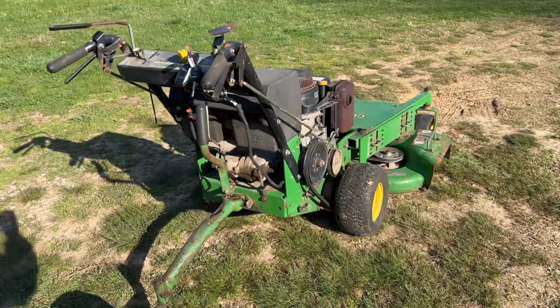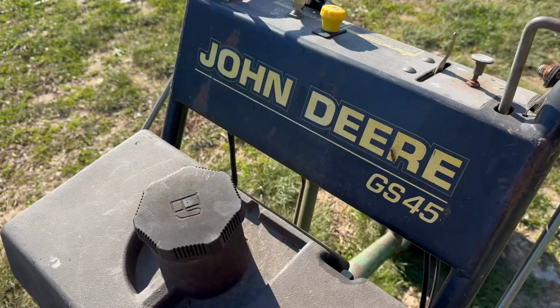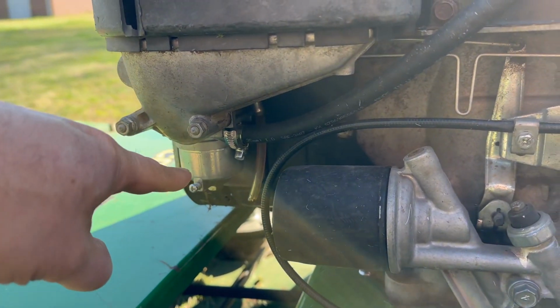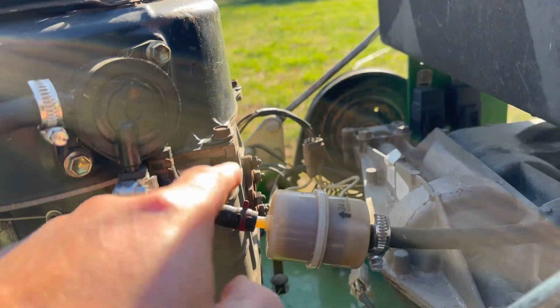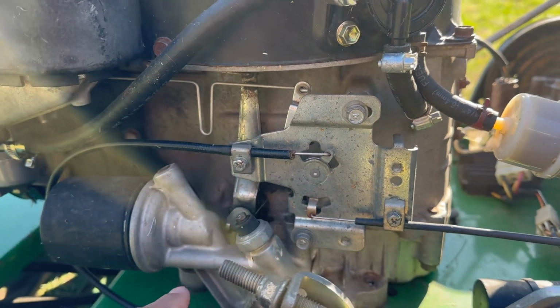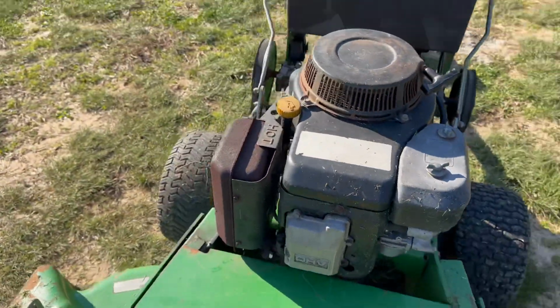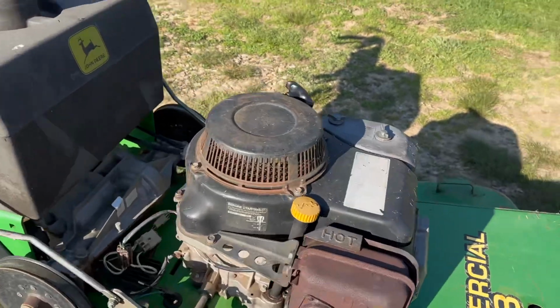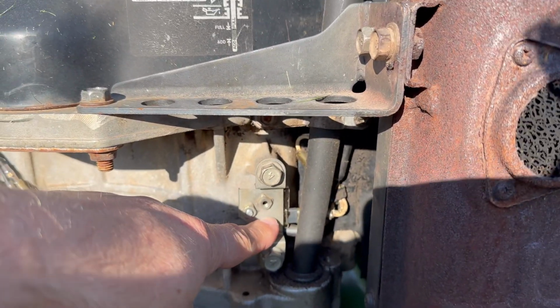Okay, what I've got here today is a John Deere GS45. New carburetor, new fuel pump, filter, new fuel lines. The culprit on why this mower didn't work lies over here, and that would be the stator, a $10 part